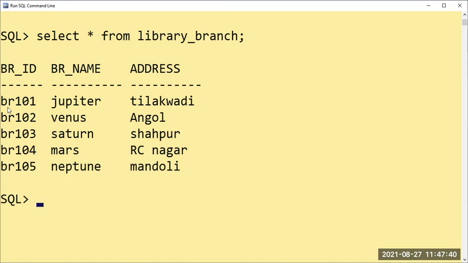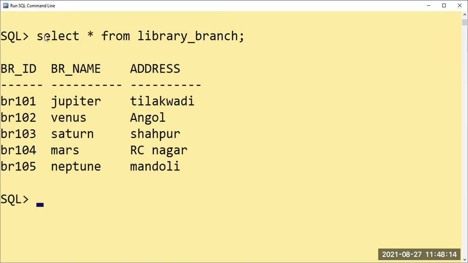So the value I have given is BR101. You can identify it very quickly: BR101 refers to the library branch ID. And for branch name I have given planet names here, something new. Jupiter, Ilakwadi, BR102 Venus, Gold; BR103 Saturn, Shapur; BR104 Mars, RC Nagar; BR105 Neptune, Mandoli Road. These are my values for the library branch table.